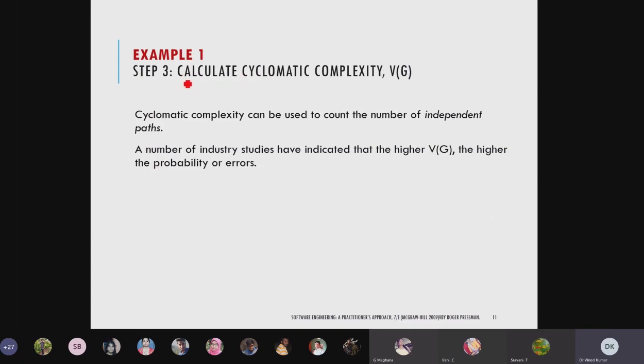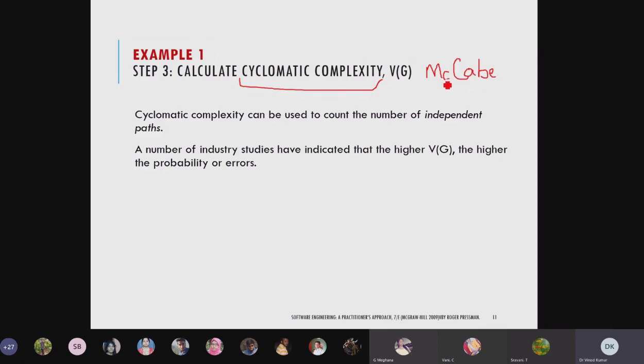So how do we calculate the cyclomatic complexity? It indicates the complexity of your program or method, whatever you have prepared. That's why we calculate the cyclomatic complexity. This is also called McCabe complexity. Remember this name too, because sometimes the question is changed, and if you have not heard this name you will be confused.